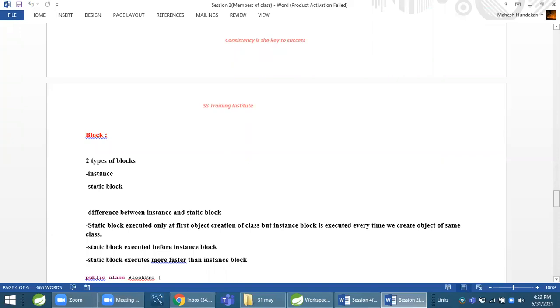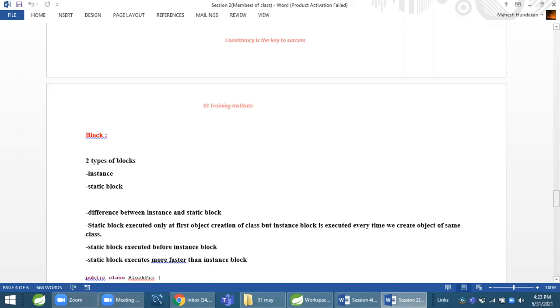Okay, let us go ahead. Now we see block. When we write a curly brace, after that we write some statements, then after that we close curly brace. Then this is called a block. When we write a class in Java and we write some statements directly into that, it is not allowed, as you know. Either we have to write it in method or block or in constructor. So if I don't want to use method or constructor, I will go for block.